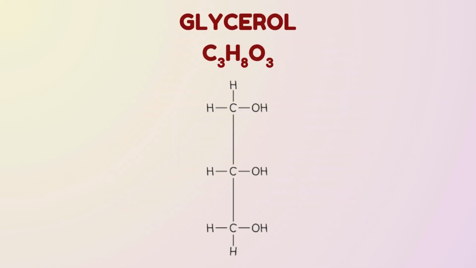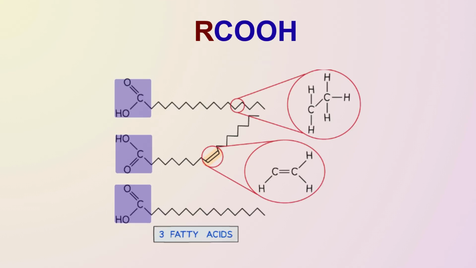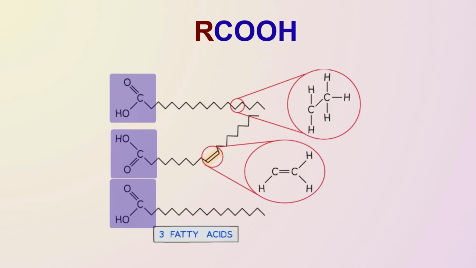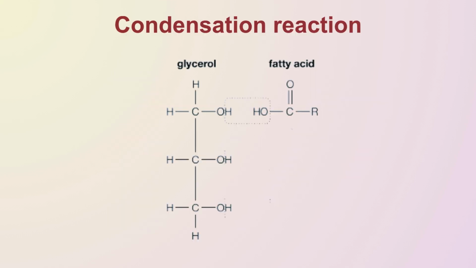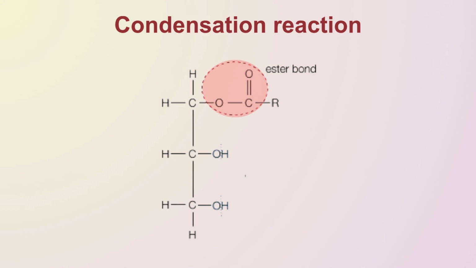Glycerol is a 3-carbon alcohol, and each carbon atom has a hydroxyl group, OH. Each fatty acid has a carboxyl group, COOH, at one end and a hydrocarbon chain of varying length. During synthesis, a condensation reaction occurs between the hydroxyl group on glycerol and the carboxyl group of a fatty acid. In each reaction, a molecule of water is released and an ester bond is formed between the glycerol and the